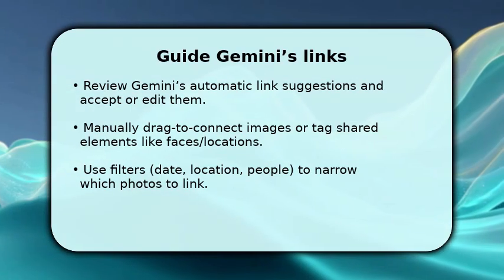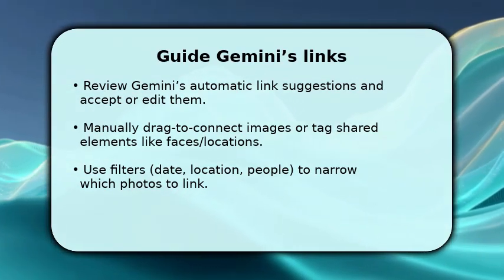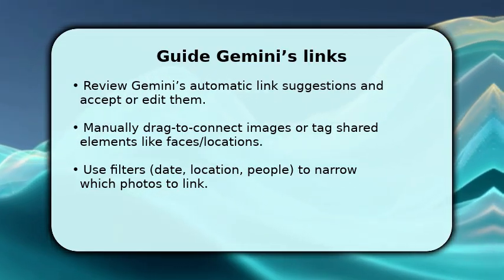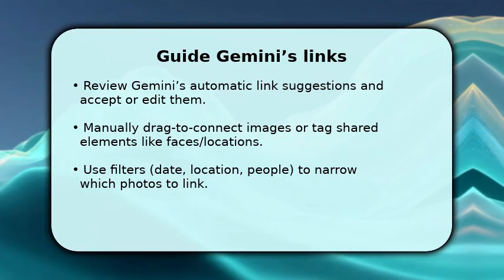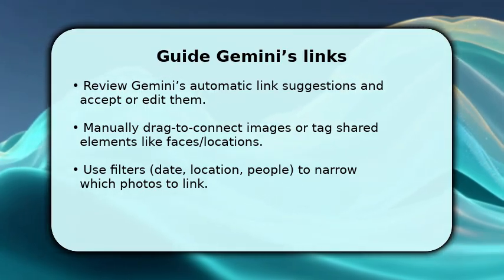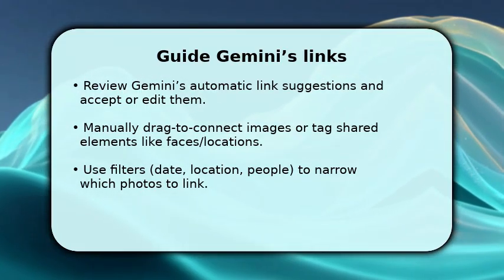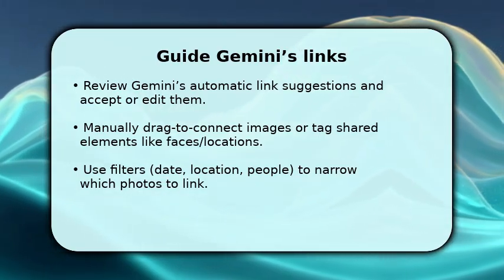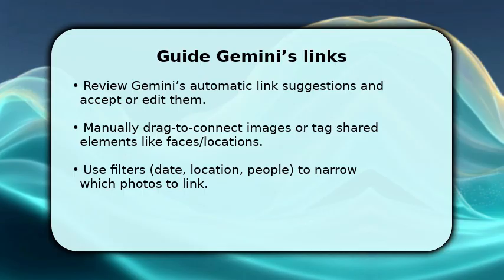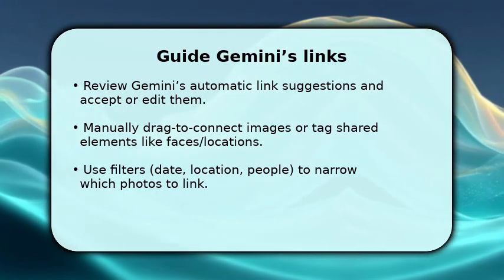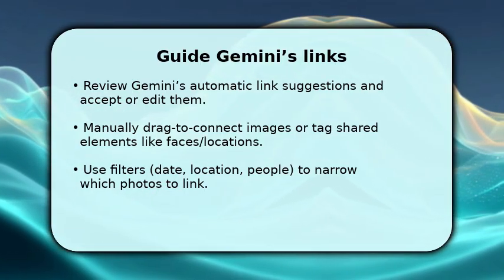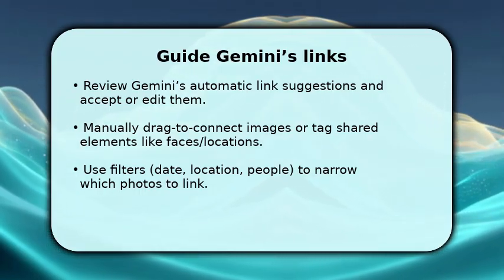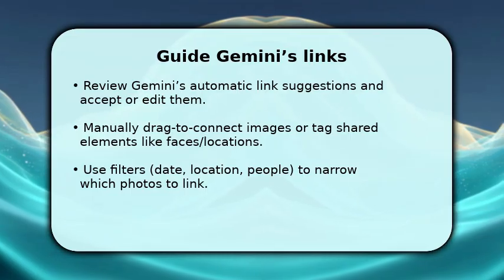You now review Gemini's suggested links. It proposes connections based on faces, places, timestamps, and visual similarity. Accept suggestions that match your intent and edit others by tapping an image pair to change the relationship. You can also drag an image onto another to force a connection or tag a shared element like a person or landmark to anchor the chain. Use filters for date and location to reduce false positives, and keep an eye on confidence scores to decide when